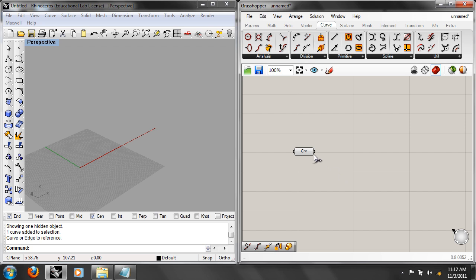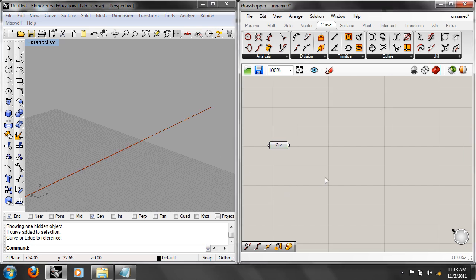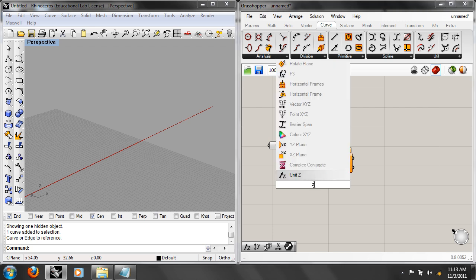We do a lot of stuff with datum lines. There's a line from which all things kind of spring. It might be the base of your facade, and then there's the lines that define your windows, and then there's your soffit. So that's what we're going to start by doing. We can start by adding a move component with a Z,